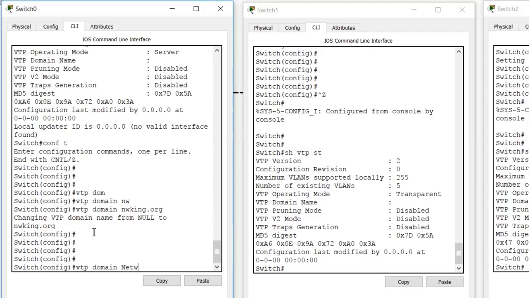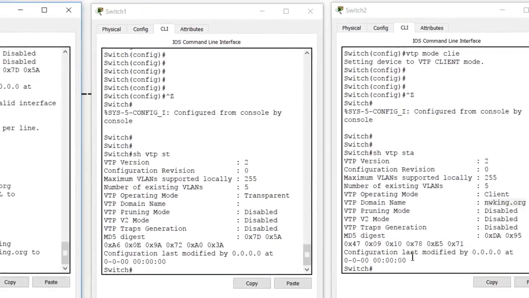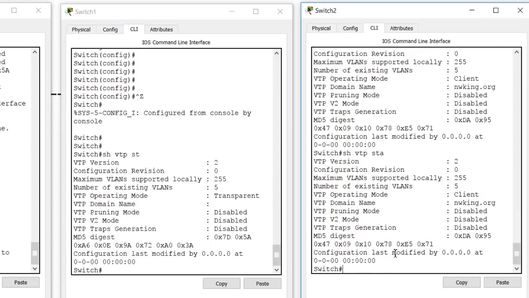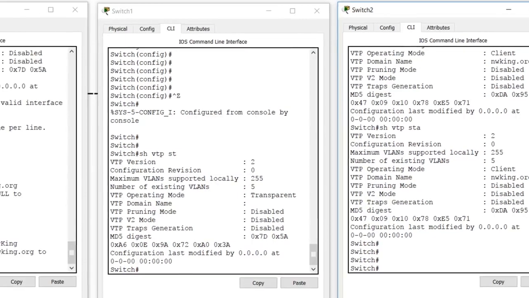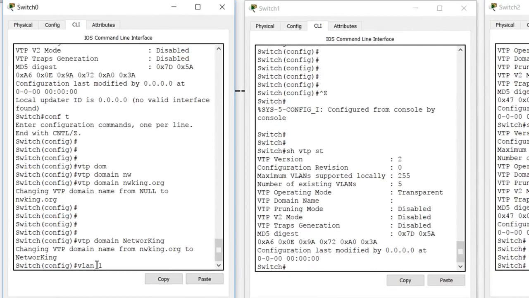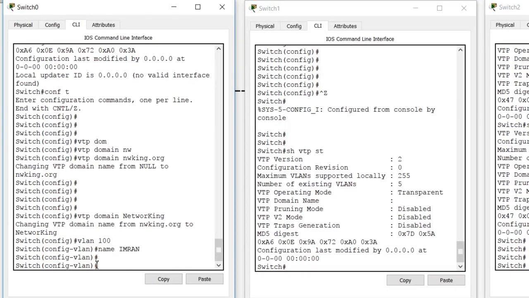networking, it will not make that change, right? So it will not make that change now. It will only make the change the first time if it's in default. So if I want to make that change, I need to go here and make that change. So now, whatever updates I make, let's say I'll create a VLAN 100 here, and I say name Imran,